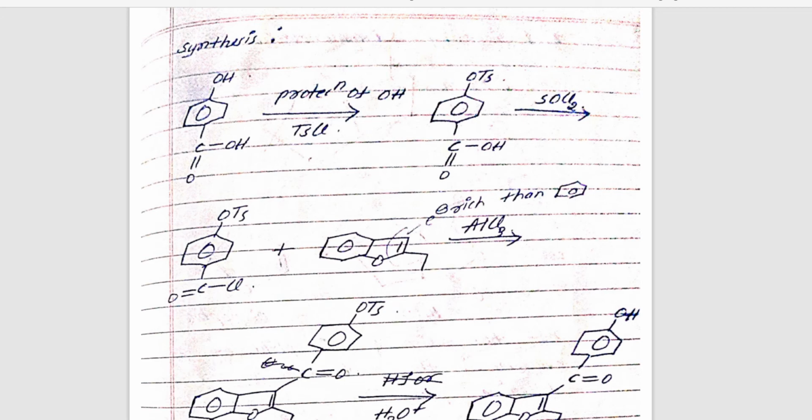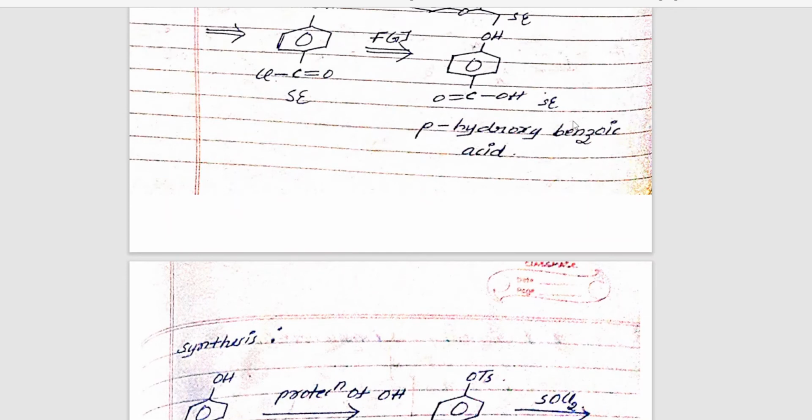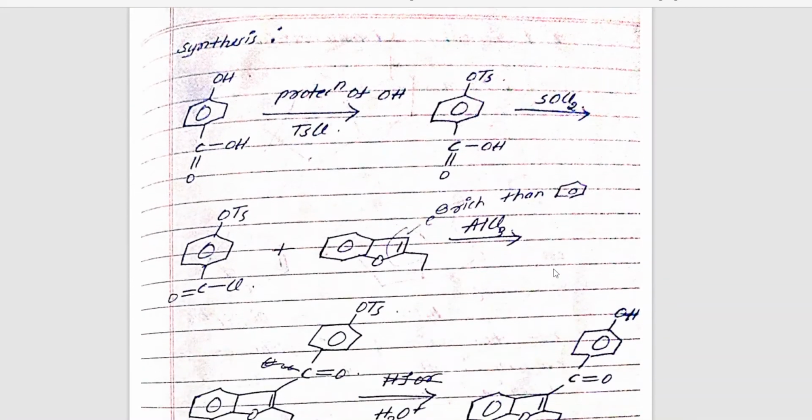How to do the synthesis of this particular molecule, that is benzoyl iodrone? What will you take first? What you took here in the last will be the reactant, that will be the first reactant that you're taking here in the synthesis part. Okay, so what did you get actually? You had got para hydroxybenzoic acid, correct? That was the last step wherein you ended up with para hydroxybenzoic acid. So here in the synthesis also, what you will take, students? You will take para hydroxybenzoic acid.